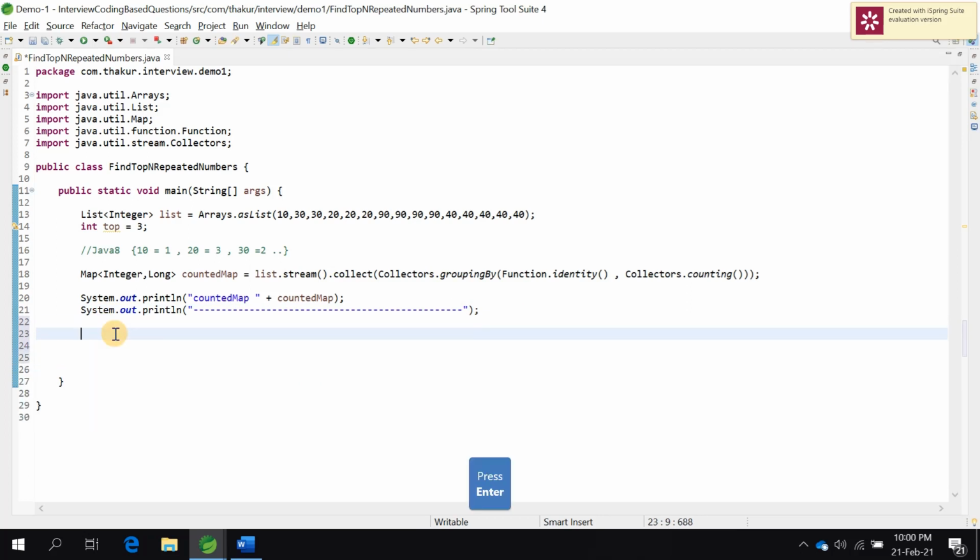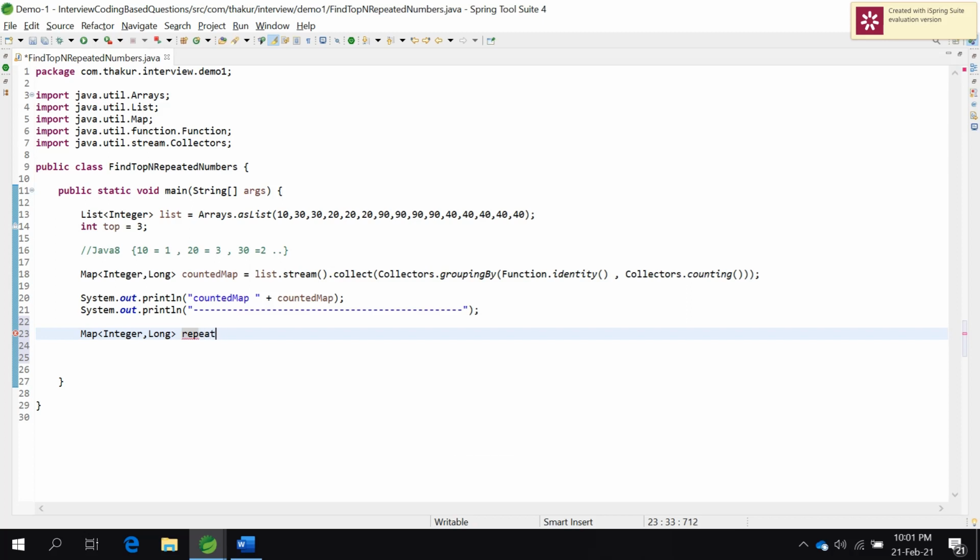So see, if I want to get the top 3 objects, what I need to do, first I need to sort this object. Okay, so why the value? Because I want to print the top values, the top repeated objects. So I need to perform the operation on the value. So I will use the sort function, which will be applied on the value, not on the key. So again I will create a new map. So here also I will have a similar type of map. Integer is the key and Long is my value.